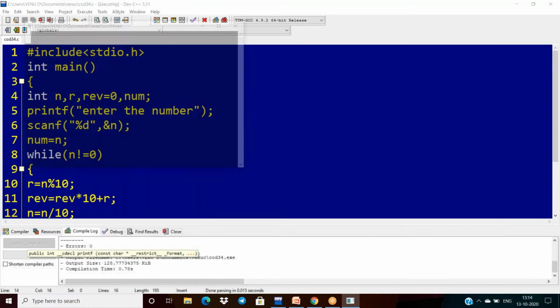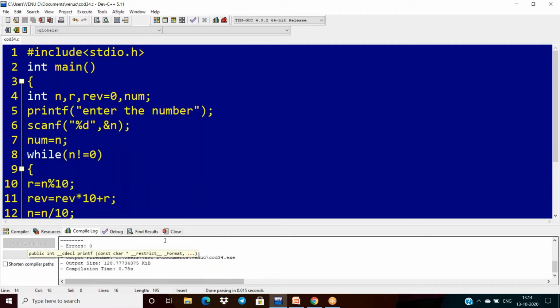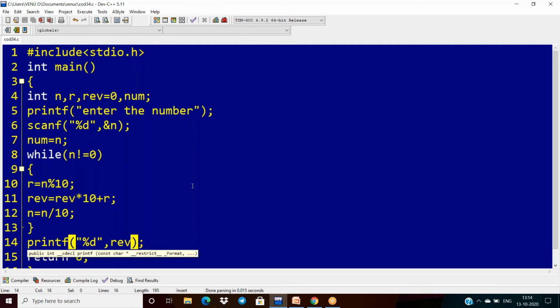Okay, I compile the code, 123, 321. Yes. So why am I telling this? Reverse means what? To implement the logic of palindrome, we need the reverse of the number. So that is why here I found the reverse first.